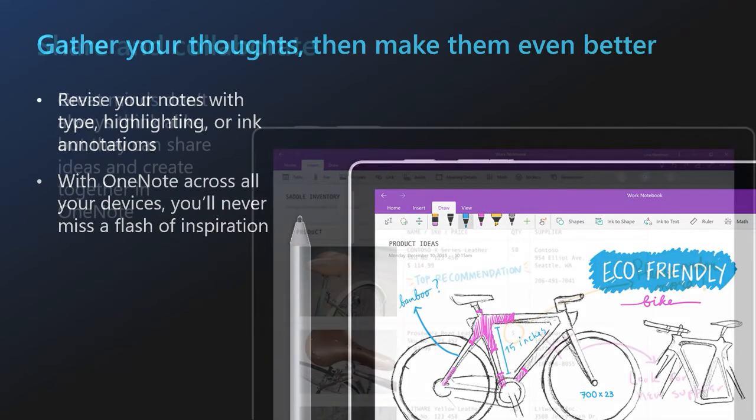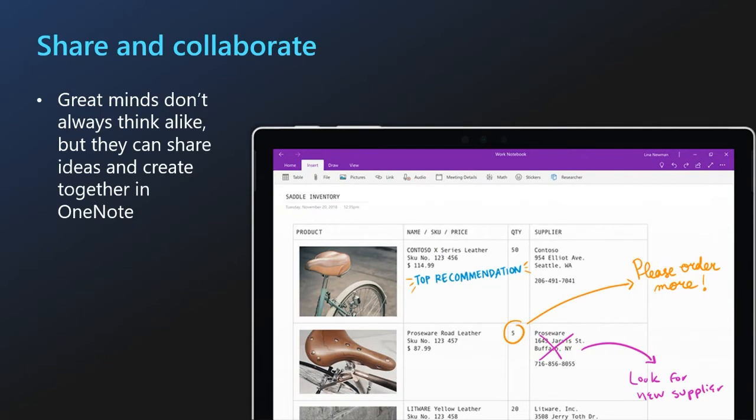And what's nice about OneNote is we can get even more done when we work together. We can share and collaborate in OneNote with ease, really. You can annotate notes together, share ideas, and work together in real time with your coworkers, your friends, family, or your classmates. If you're working on a project, everyone can work on the same document at the same time and write some notes about the development of that project.